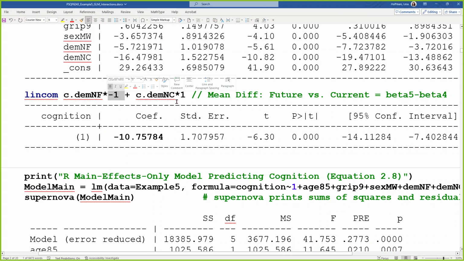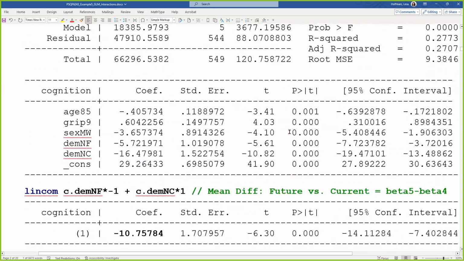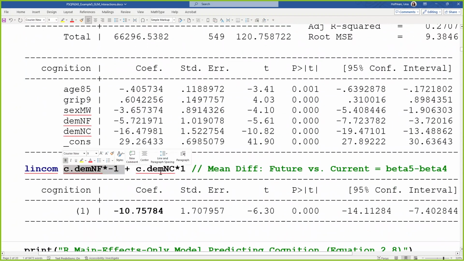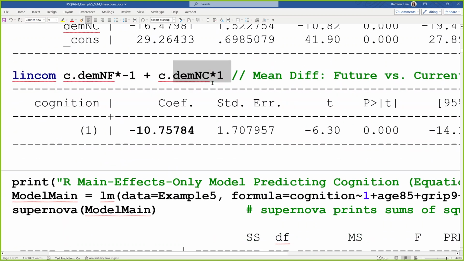So this -1, 1, I had at least 1 or 2 questions about this over email. This has to go in this order to get the sign right. If you want to know future versus current, where future is the reference for the comparison, and you want to talk about how current differs from future, then the first one gets the -1 in the code, and the second one gets the 1. So that's why down here, I have the first predictor multiplied by -1 for future, and then current gets the 1. Now, if I switched these, I will get a positive 10 instead,